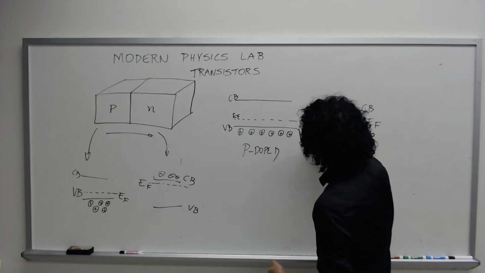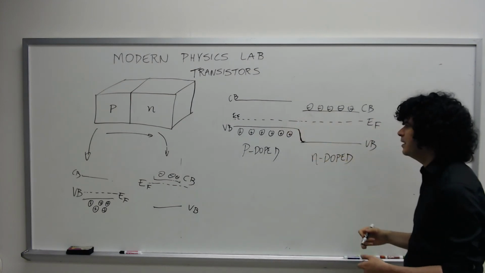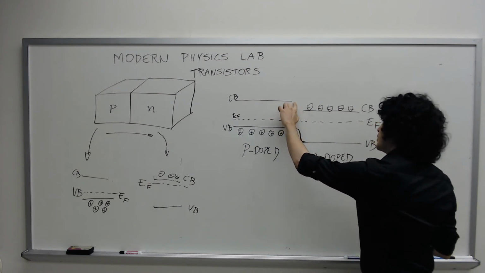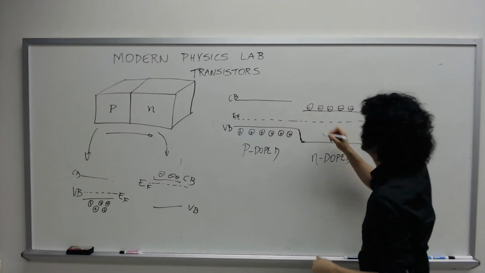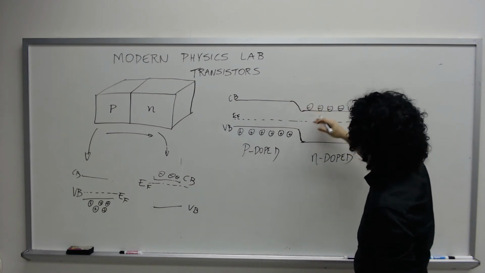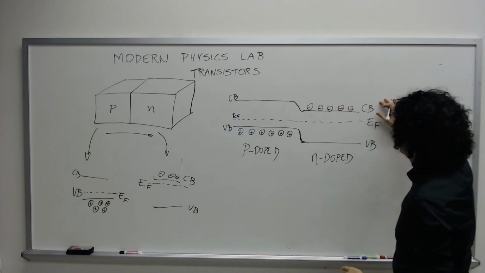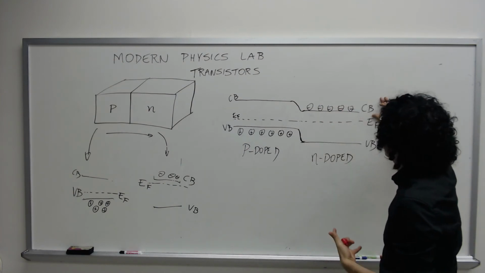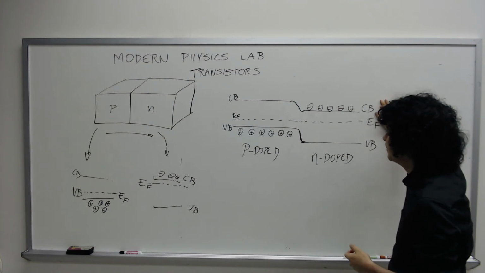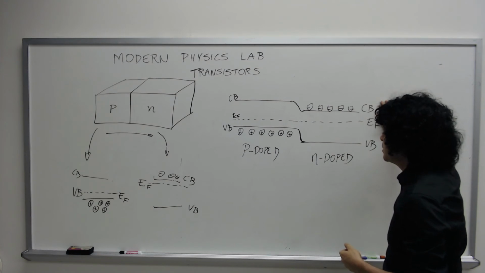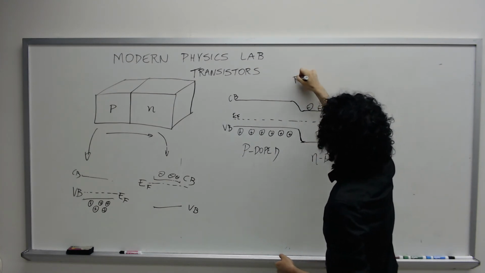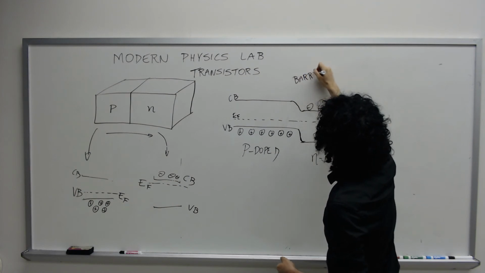And now the energy of the conduction band gradually decreases until it matches the energy of the conduction band in the n-doped semiconductor. So this creates a barrier. So there is a barrier here, a potential barrier,